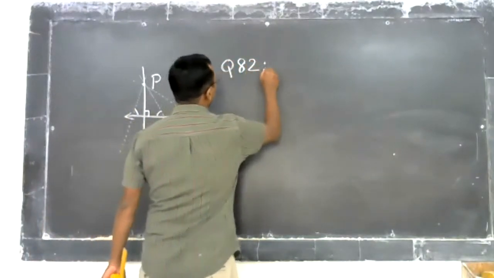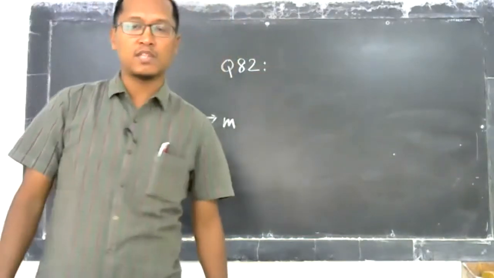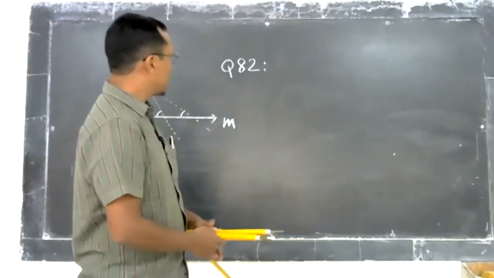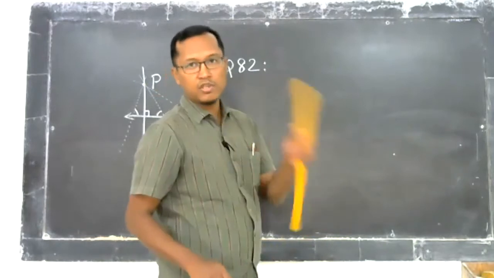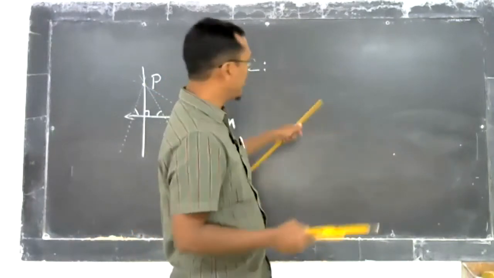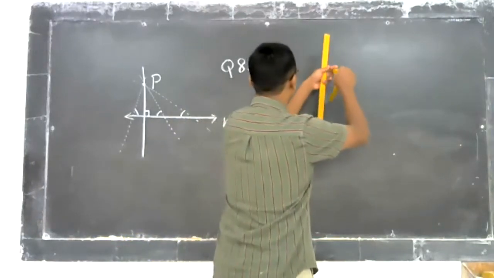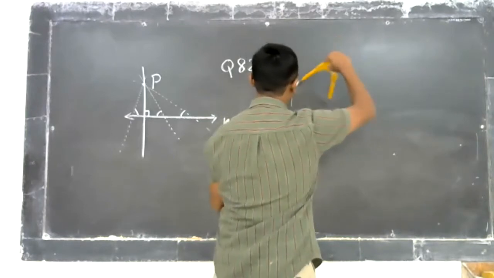Yes, sir. Okay, so question 82, exemplar problem, CBSE class 6 maths. The question is you have to draw a circle using 6 centimeters. Of course, I cannot draw with 6 centimeters, it will come too small over here. So I'm going to draw a slightly larger circle to some arbitrary radius.